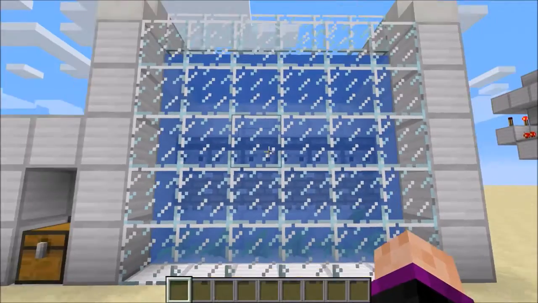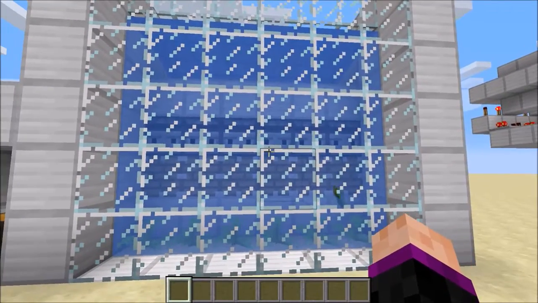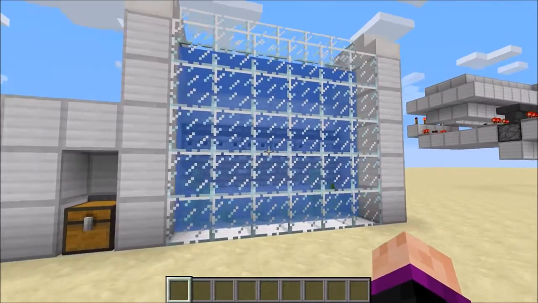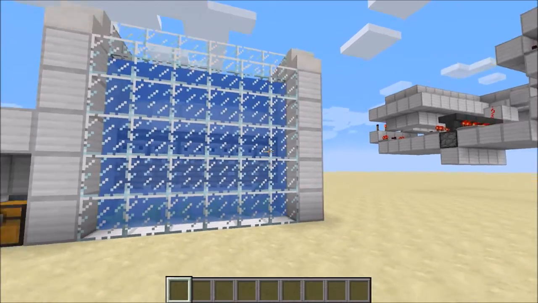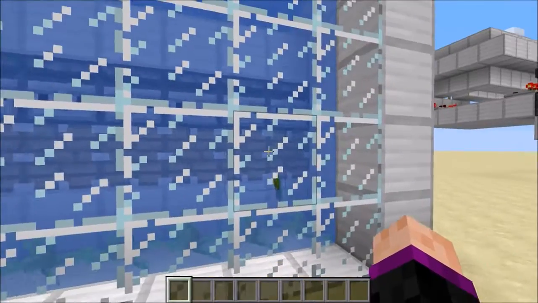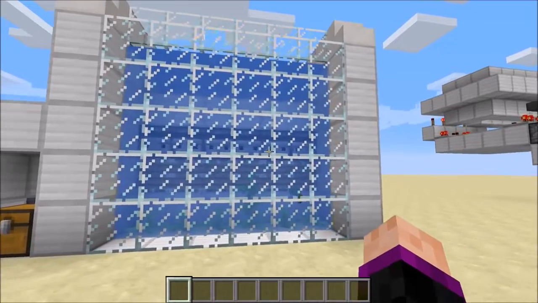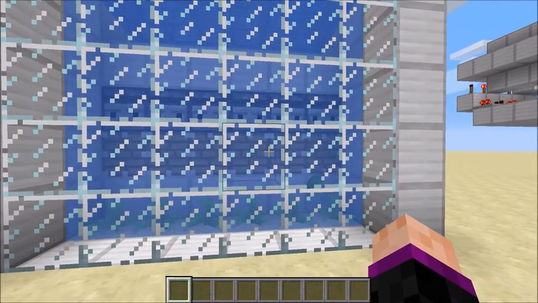But this farm is running at 100 ticks, so the farm won't actually be going this fast, just so you know. I could lower the tick speed, but just know it doesn't go this fast. I mean, it's not slow. It's not as fast as sugarcane though. I would assume it's slightly slower than sugarcane,